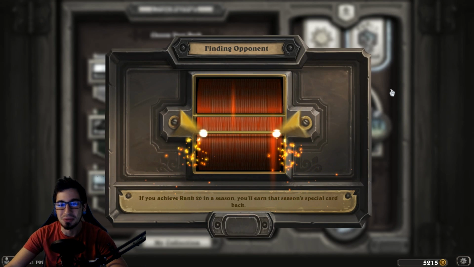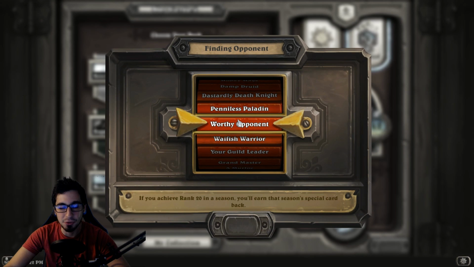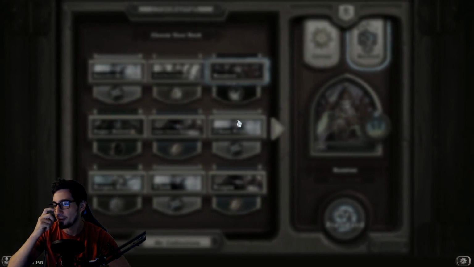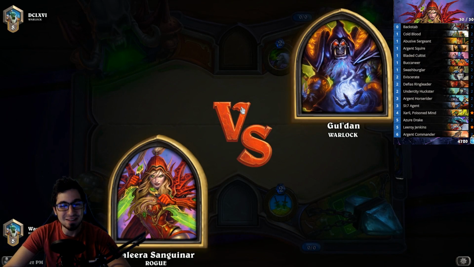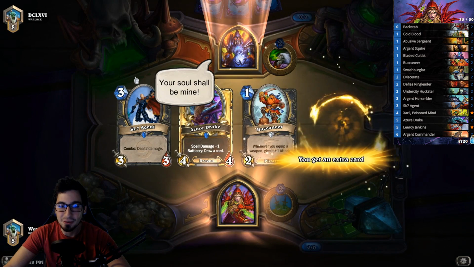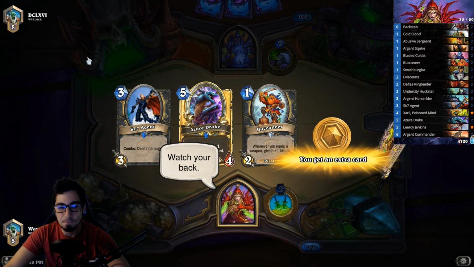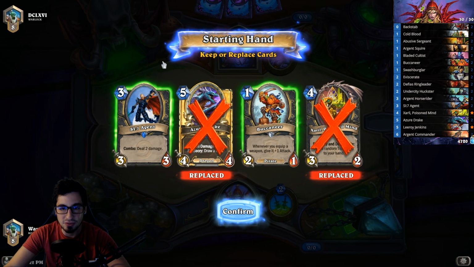That sometimes you wouldn't normally see in the rogue decks, such as the Argent Horse Riders. I believe it's got Leroy Jenkins in it. It also has the, what is his name, Argent Commander. So it's very interesting nonetheless. So we'll see how well it does. I think it'll do pretty well considering that I played it, I believe, a little bit last season and it performed very well. So I think we're actually going to keep the Buccaneer and SI Agent against this